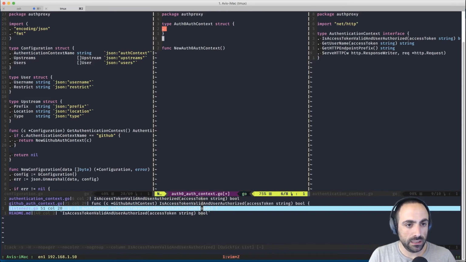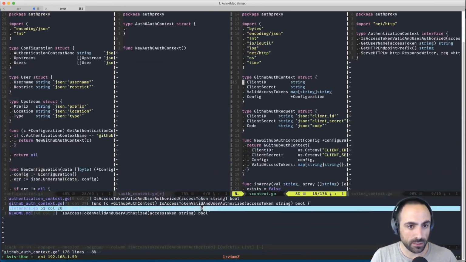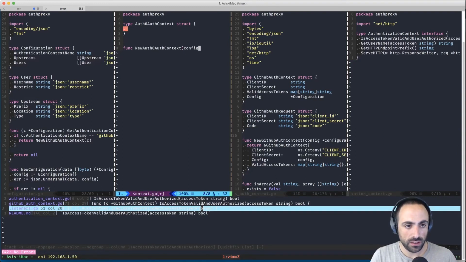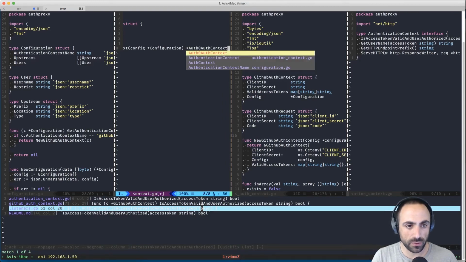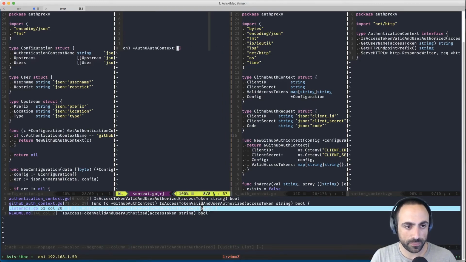Do we need something here? Let's look at the GitHub authentication context. Oh, we need the config, which is part of the configuration. Great, and this returns a pointer to Auth0AuthContext.